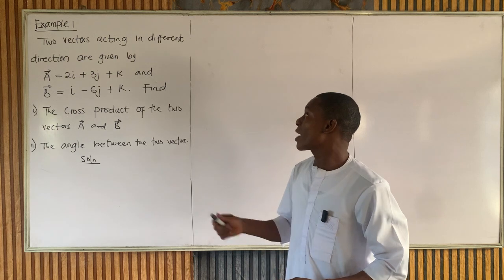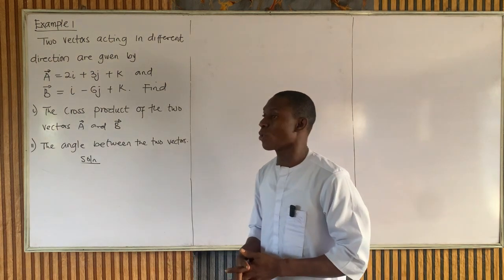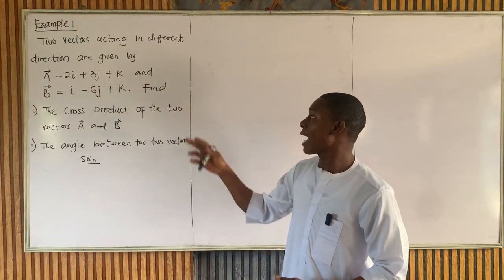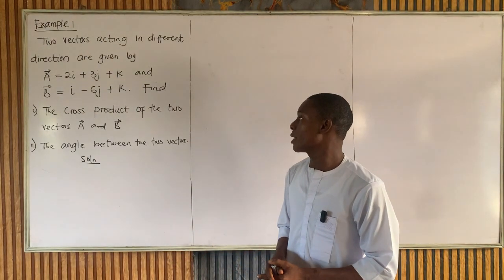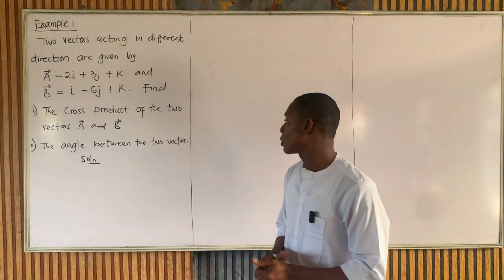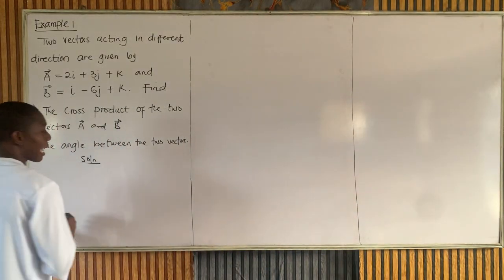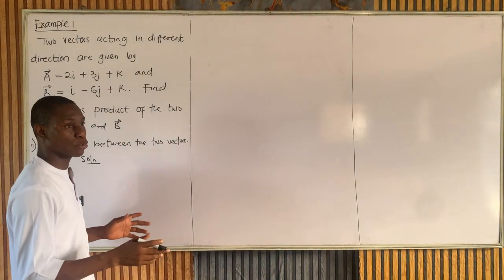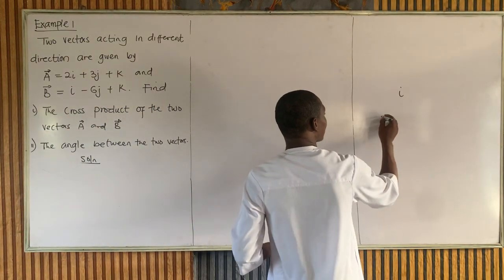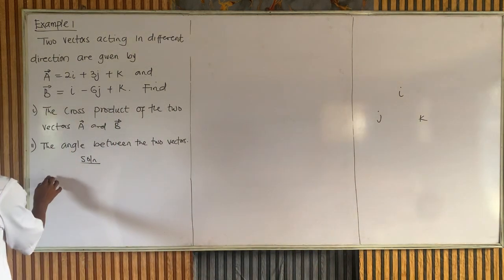Example 1. Two vectors acting in different directions are given by A, which is 2i plus 3j plus k, and B as i minus 6j plus k. Find the cross product of the two vectors A and B and the angle between the two vectors. Now, I'm going to solve with the method I gave to you of crossing two products. Take note of this. Remember this, that we have I, J, and K. So if you say A cross B,